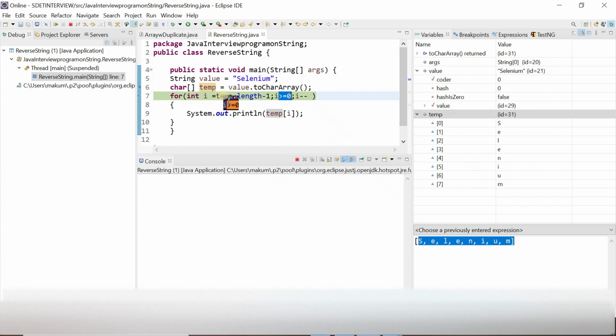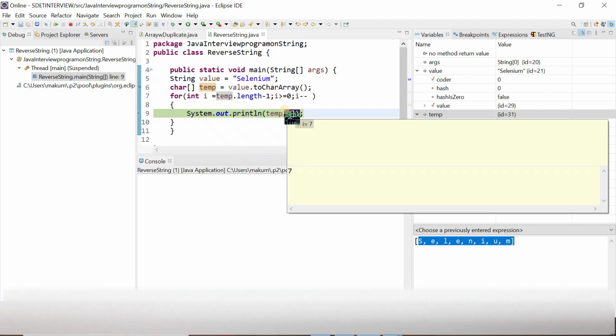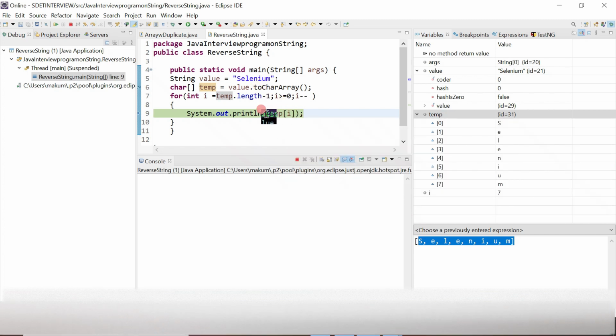it will go into the loop, because this is the conditional statement. It came in the loop, and here the value of i is 7. Now it will print the value at index i in the array. So the value at 7 is m. If I run the next statement, it will print m. In the same way,